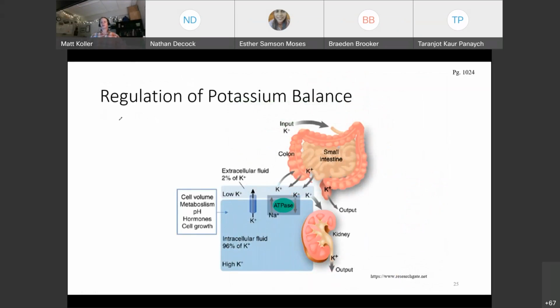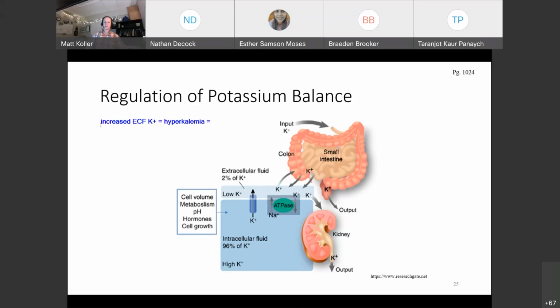In terms of the regulation of potassium, potassium will affect the resting membrane potential. So we take potassium in and it gets absorbed into the system, and you might excrete it either through the kidneys or through your bowels, you poop or pee it out, right? So you really want to have low potassium in the extracellular fluid, and in the intracellular fluid, you want to have high potassium levels. But if you have increased extracellular fluid potassium, that is going to be called hyperkalemia,